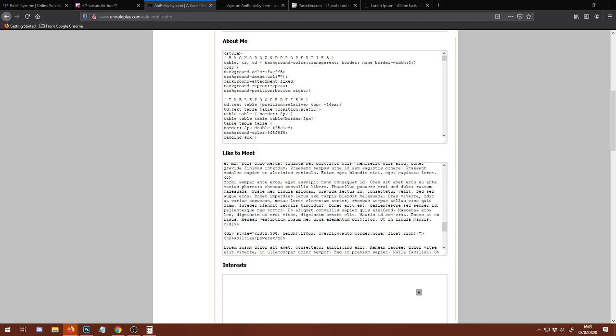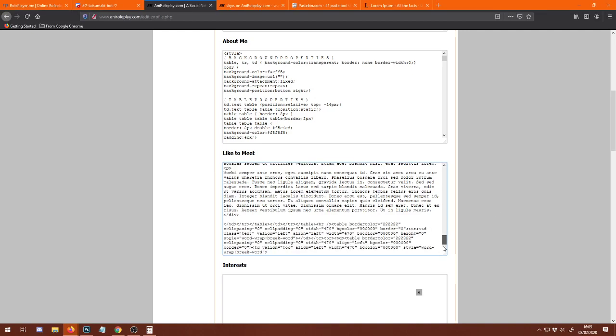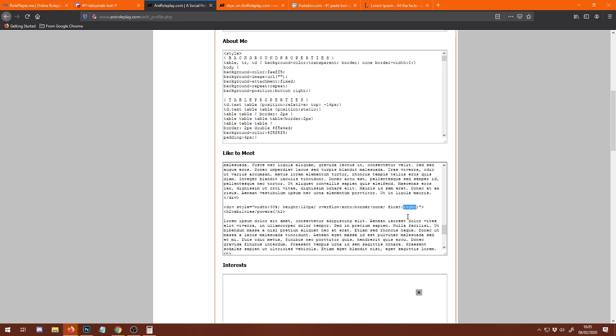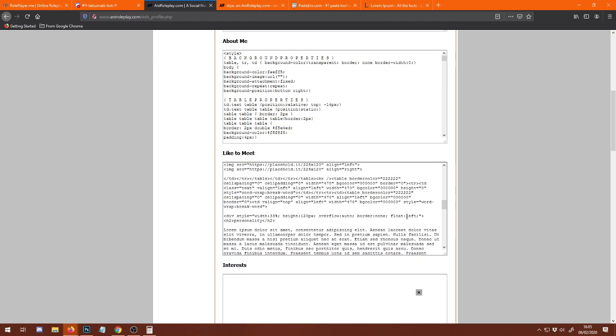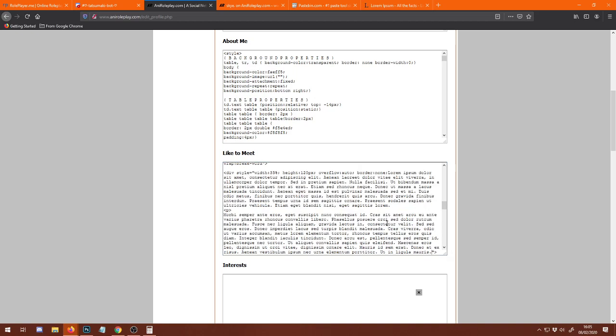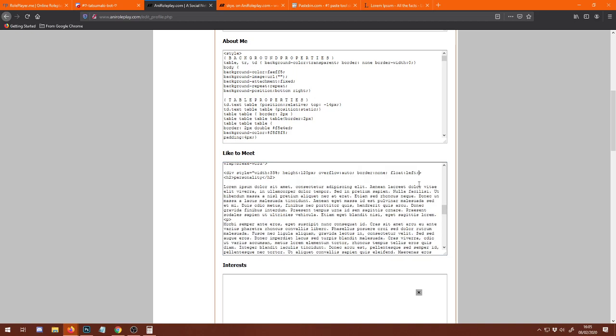I wonder if it's because I've done it by width, or the percentage, but that's never usually been a problem before. Let's just say, I've never had a problem with this, which I find really bizarre. Let's just copy and paste float and put that at the beginning, because that might be the issue. I doubt it, but